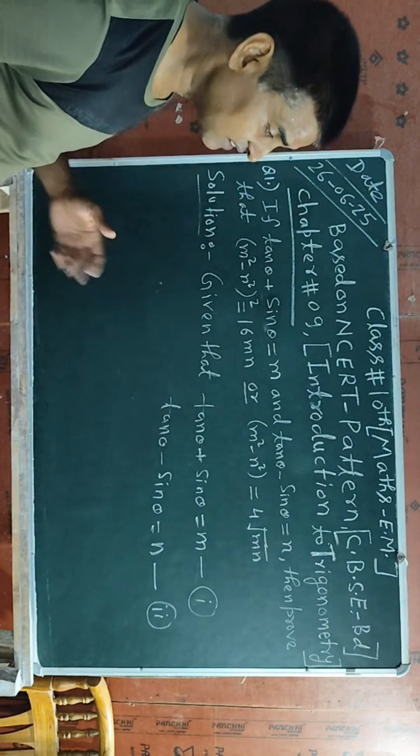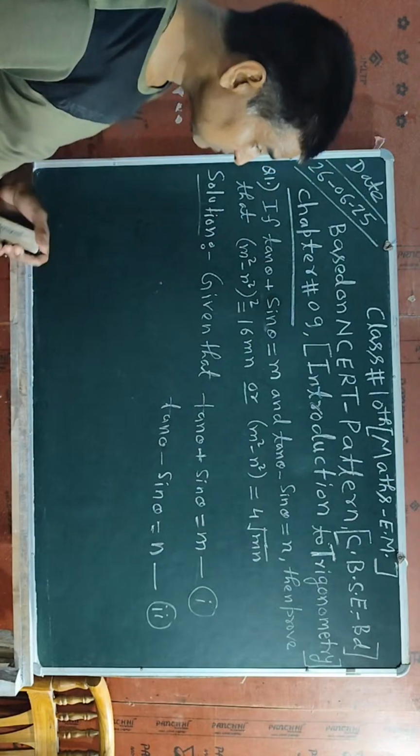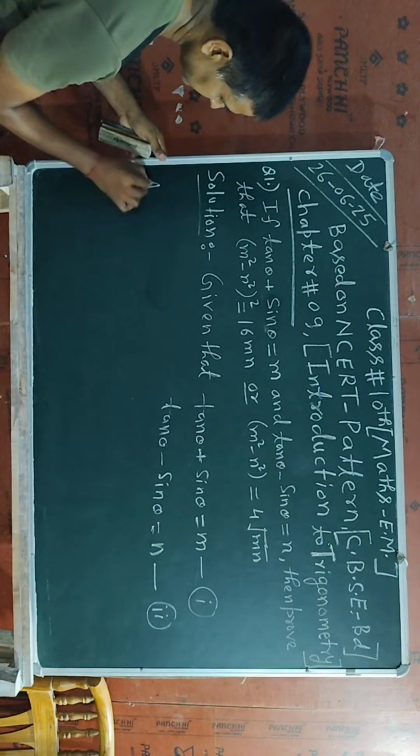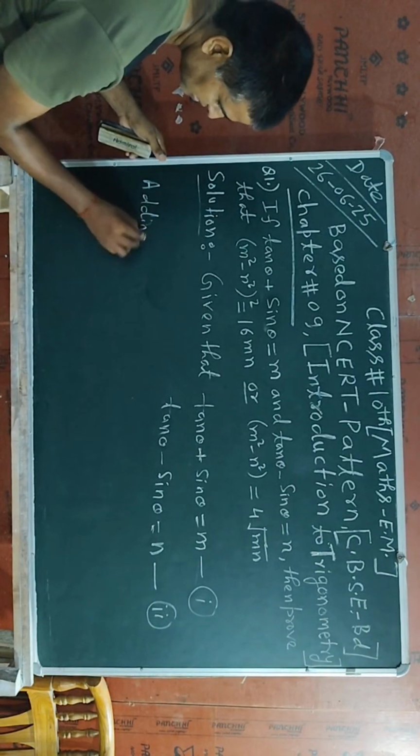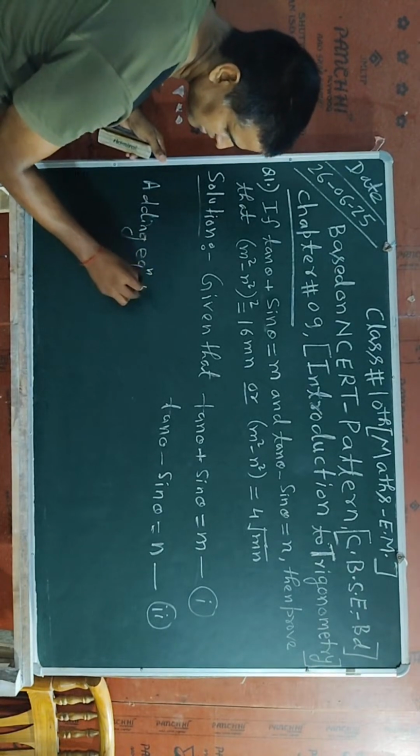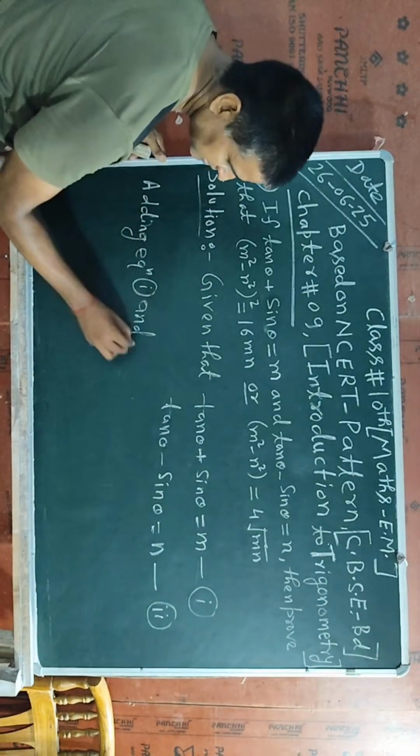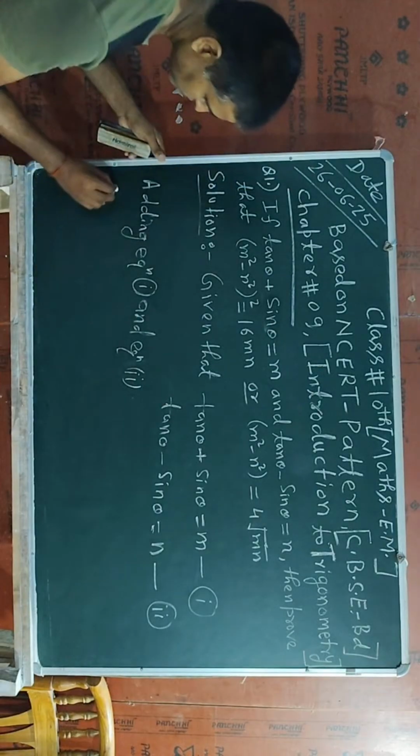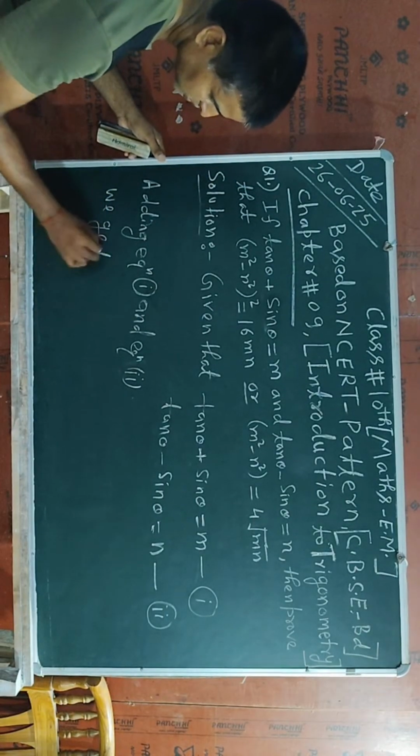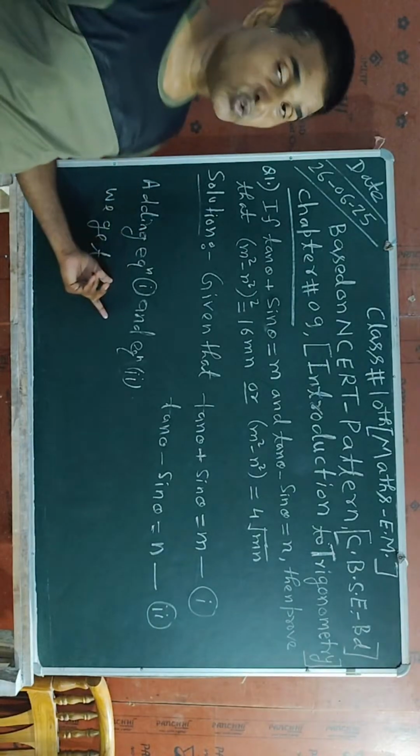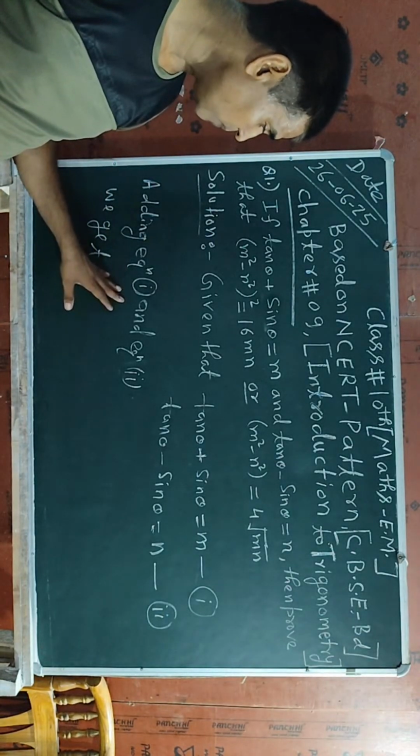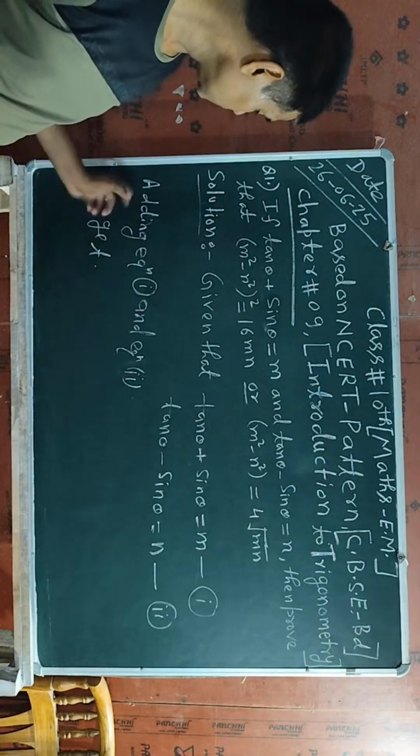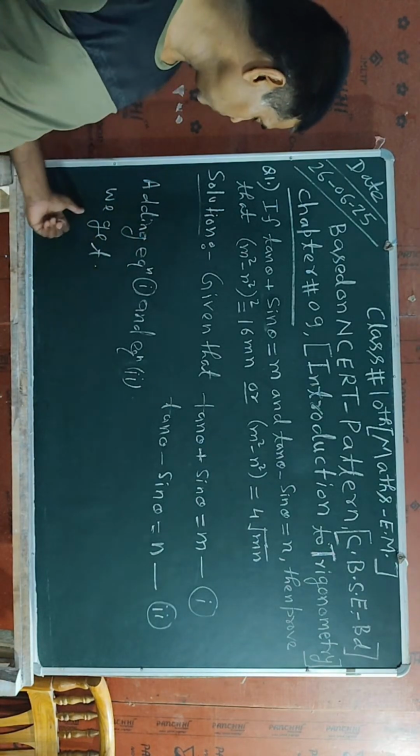Sorry, that information will be like this. Adding equation number 1 and 2, we get... So this information is also known as a statement, because if you apply this information to this statement, you will get this value. So adding equation number 1 and equation number 2, we get